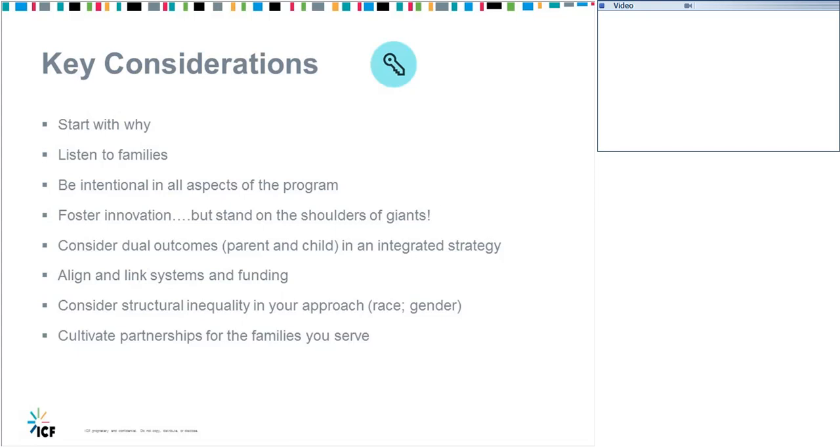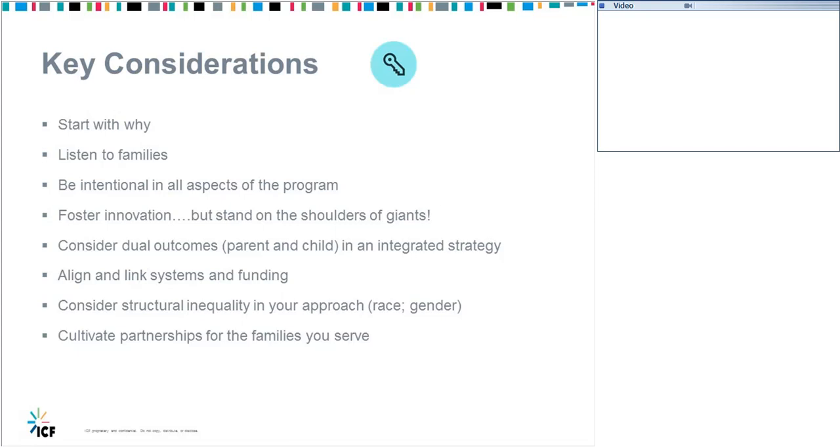One more little pro tip, my favorite thing I just heard at a meeting this past summer: a participant sharing with me that she has one sticky note on her desk, and on that sticky note in big black marker it says the word wait. And I thought, well, that's lovely. We all need to remember to wait and give people space and time. And she said, oh no, it's more than that. So I sat there and I nodded and I waited for her to tell me, and she said, it stands for why am I talking? And I thought, what an amazingly powerful reminder of the importance of listening and waiting.